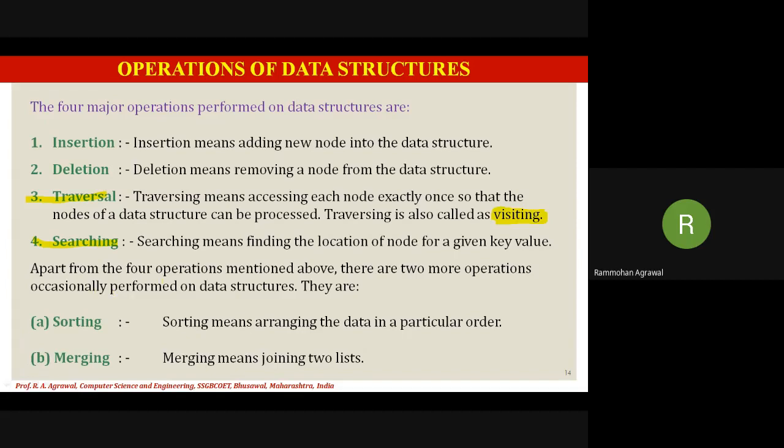Apart from these 4 or 5 mentioned basic operations, there are some more operations such as sorting, merging, displaying the values. Okay, so these are some of the additional operations that can be performed on a data structure. It includes that you can sort, merge, or display the values in the list. Whatever elements are currently present in any data structure will be checked over here. Okay,